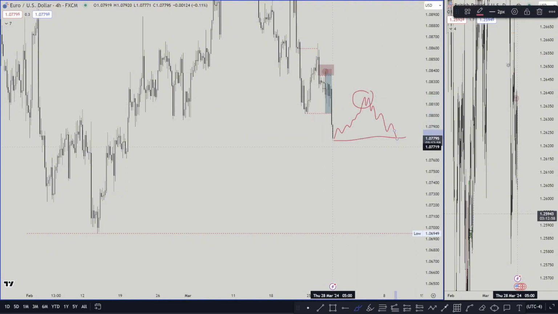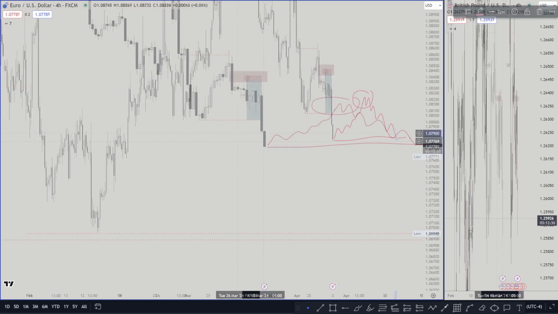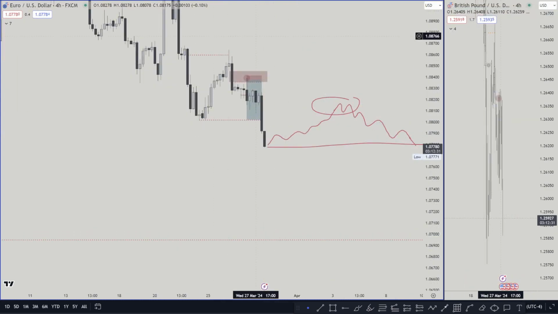And you see the whole market is a move of external to internal, internal to external. And what is external to internal or the opposite? It's nothing but a market maker's model. So the whole market is always a market maker's buy model or sell model. It's always this cycle. Hopefully you learned something new from this video. It was a quick one just to go over the trades that I took. Simply a clear market maker's model, gotta take it.